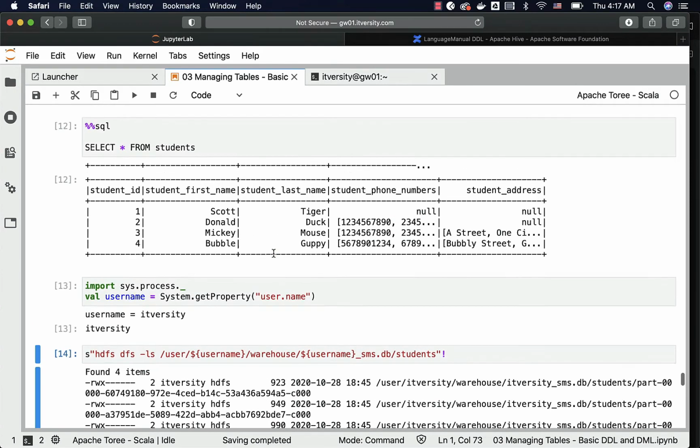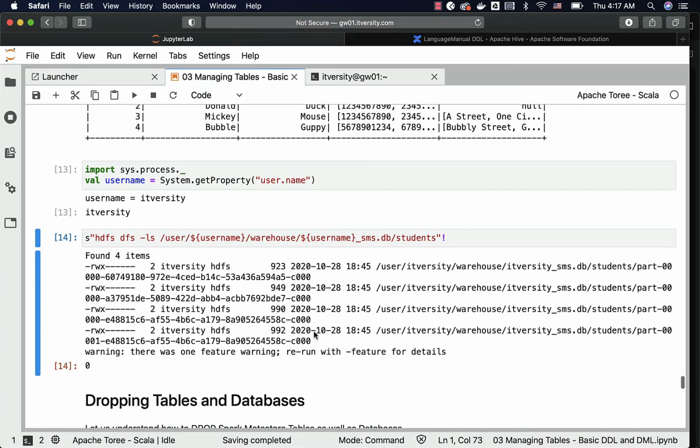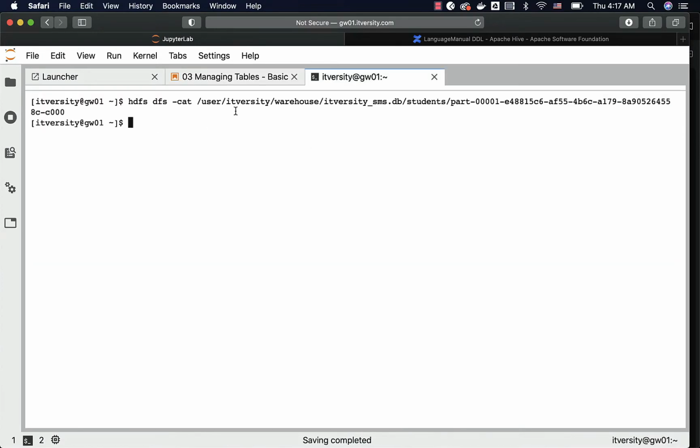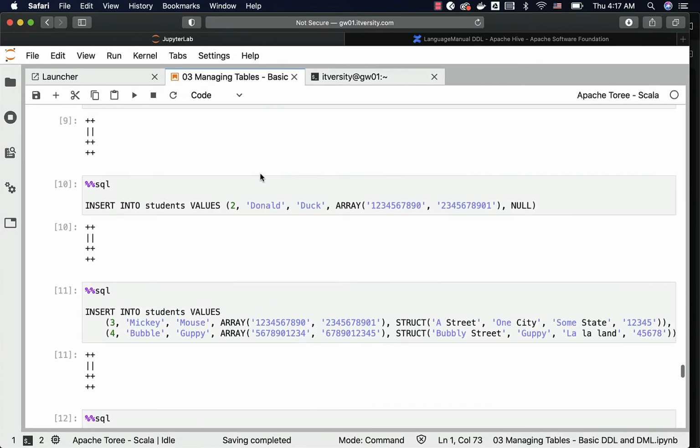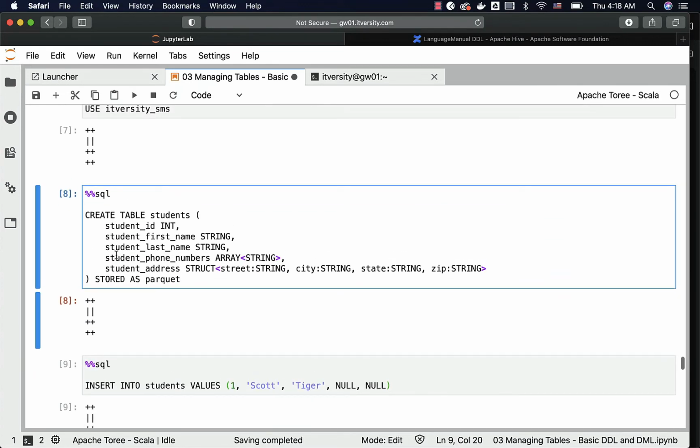If you run the command select star from the table, you can see that it is showing the results. So for some reason it is not showing the data here. You can get and preview the data. If you want to create a Parquet table, you just have to replace this Avro with Parquet. If you want to create an external table, you can specify the location after this, and then you should be able to point to a different location as well. While creating an external table, or even with respect to a managed table, we can specify the location, but in some versions of Spark, the tables with location will automatically become external tables.